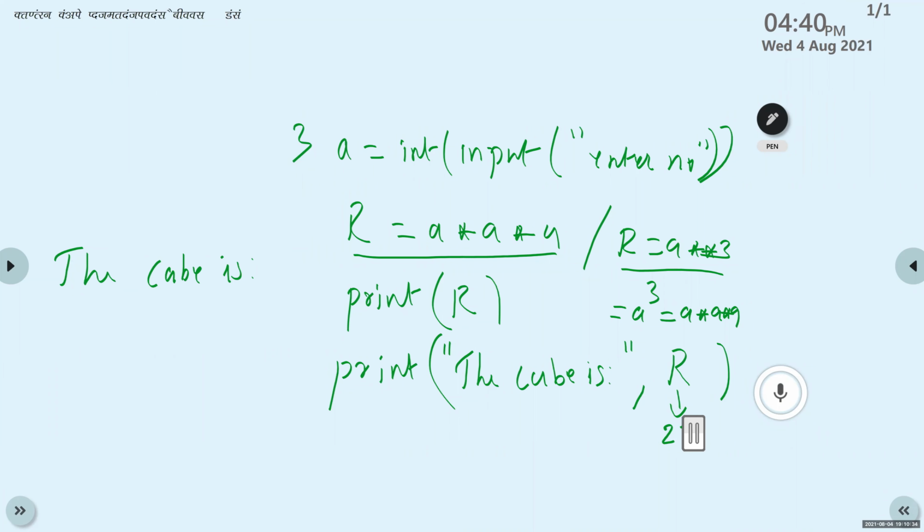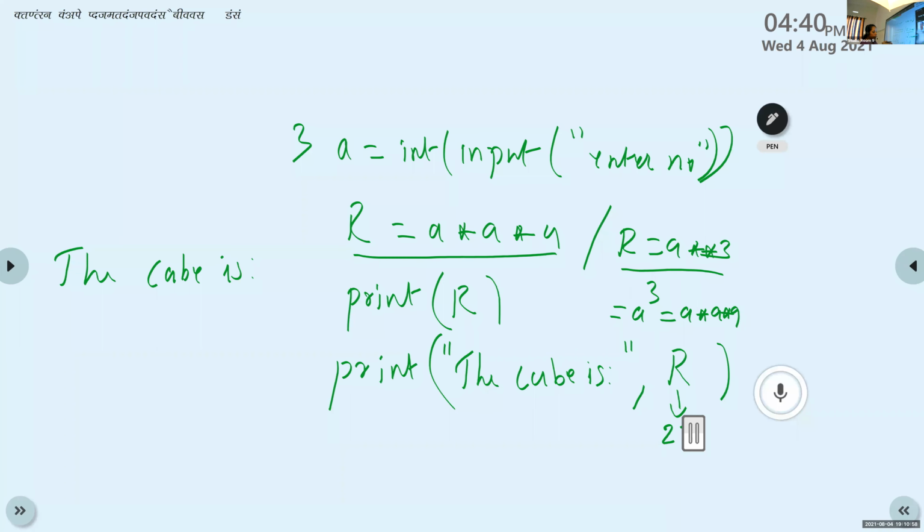So in the print statement, we can use these two separate options. The first option is if we want to display a message, write the message within double quotes.